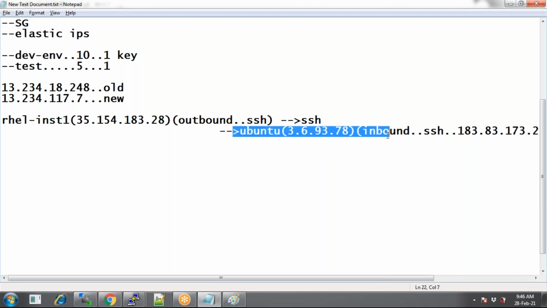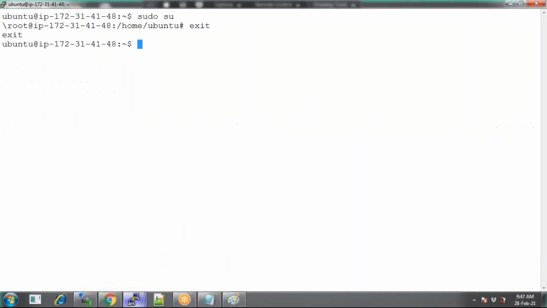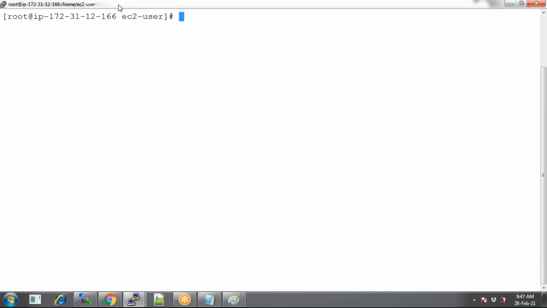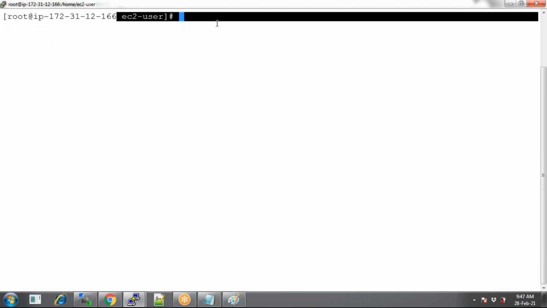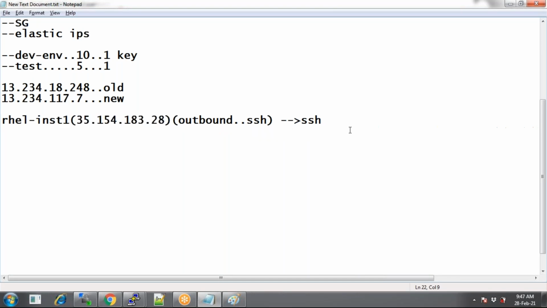So what did I do first? From PuTTY, I have logged into my RHEL instance. This is our RHEL instance. And from there, I want to do SSH to my Ubuntu. That's the scenario. If you want to do SSH onto this instance, first of all, your target instance